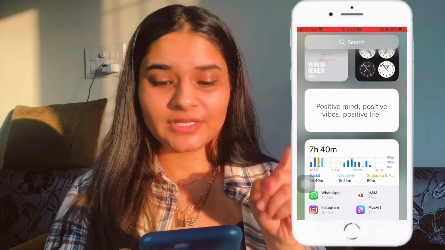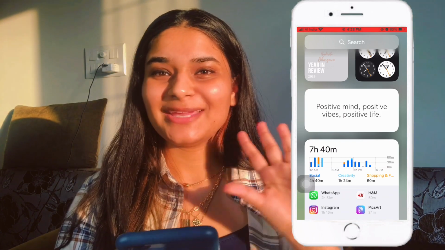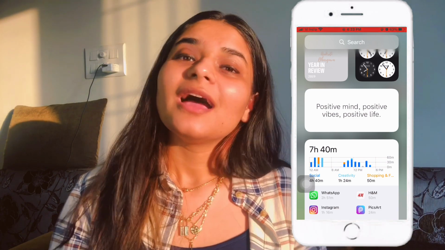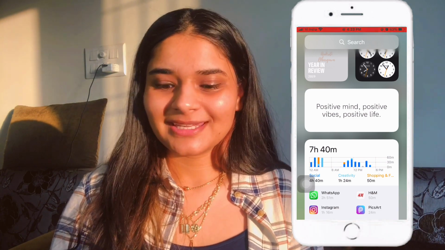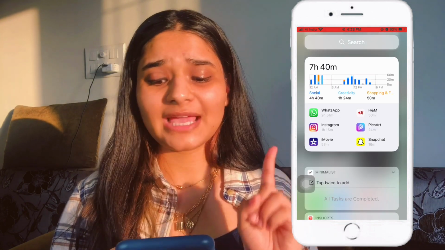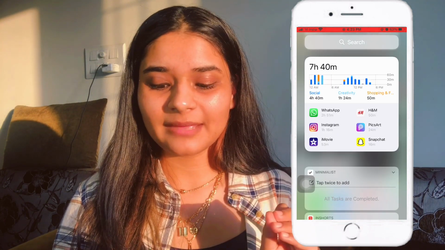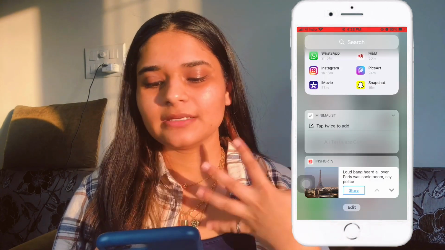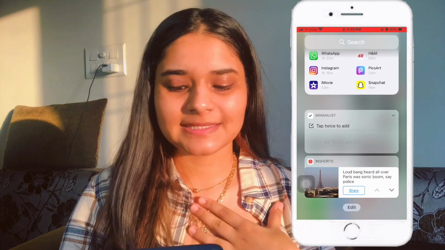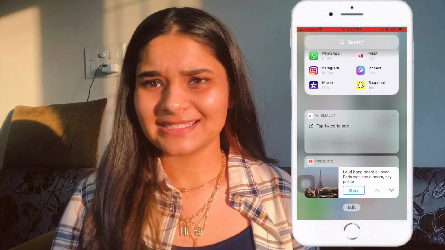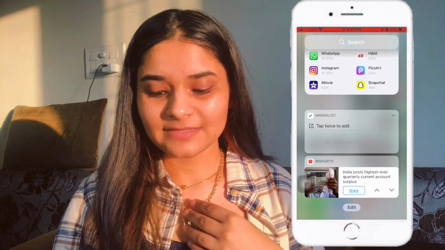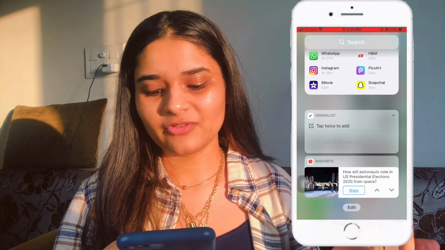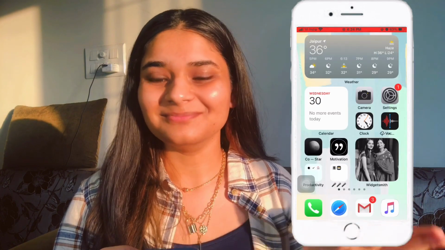Then we have a motivation quote widget here, so that I can always read a good quote in the morning or the evening or whenever I'm feeling not so motivated during the day, so it's handy. Then we have screen time, so that I manage my screen time, otherwise it becomes total madness. Then we have minimalist, so that I can see my tasks that I have to do. On the right side is again very handy. Next we have InShorts, so that if I'm ever interested in news, I can be updated.